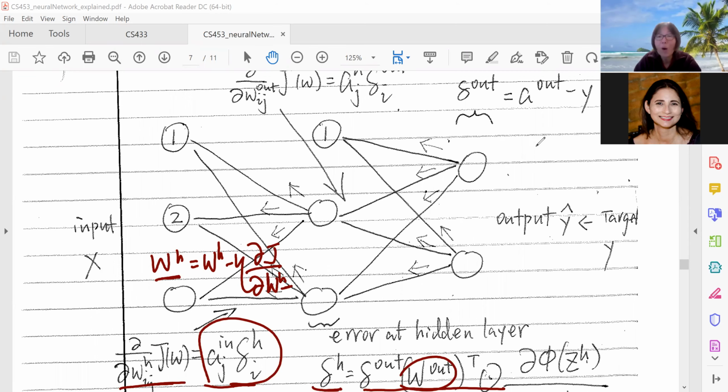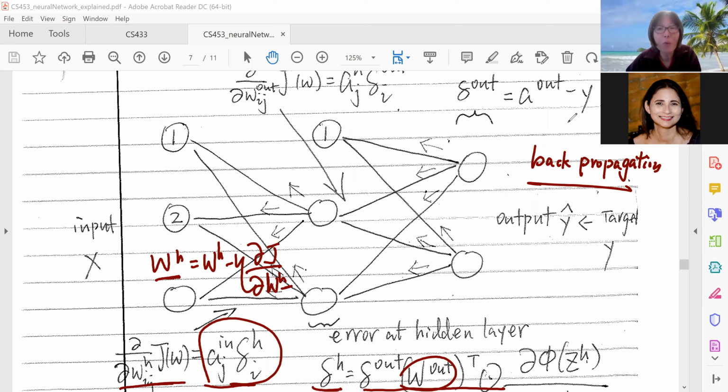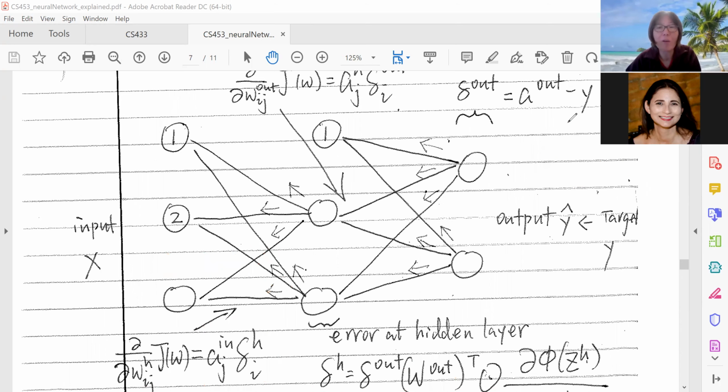That's why we call this back propagation. So that's how the feed-forward and the back propagation work in a multi-layer neural network. Okay, I think today